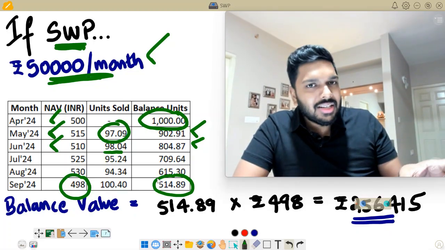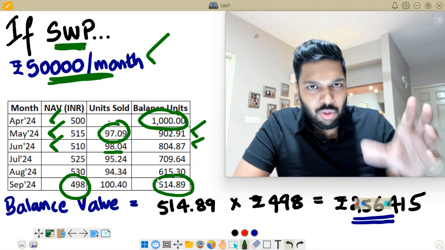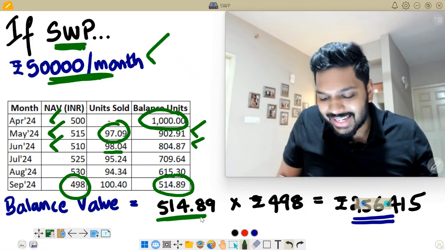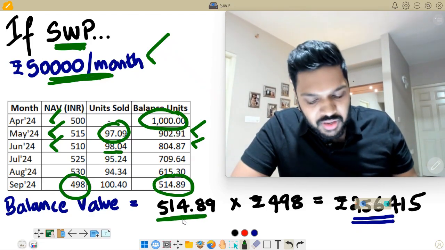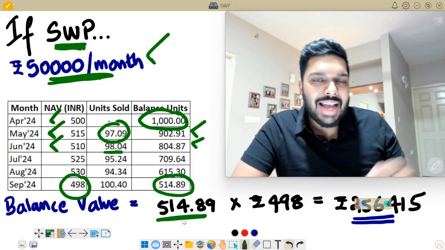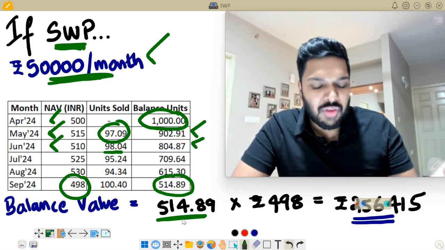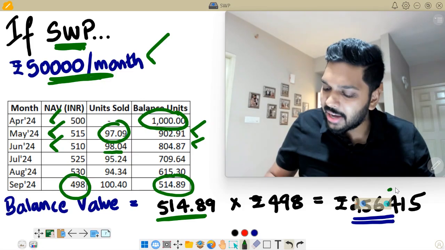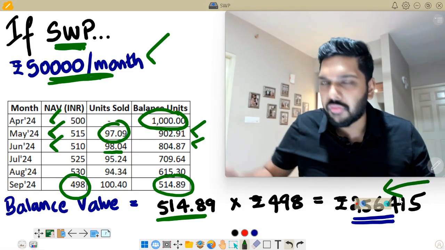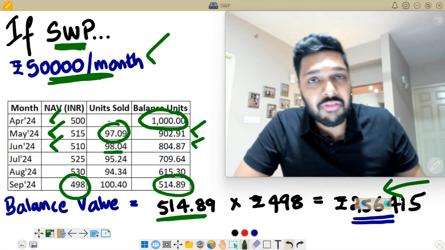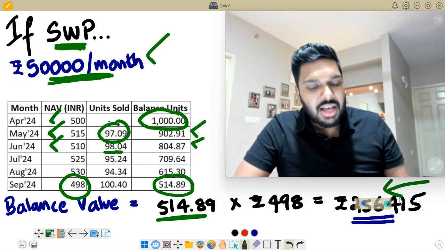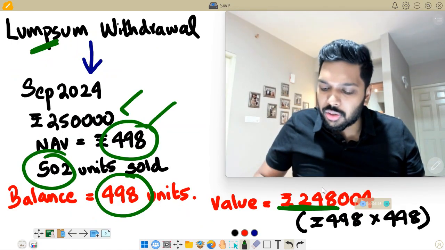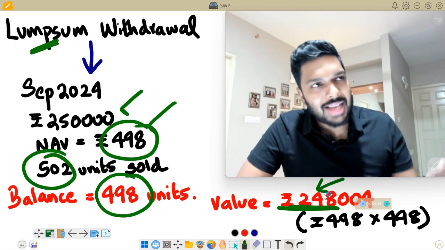So the balance units, or the closing stock of the units, in other words, is 514.89 units in mutual fund, and you apply this with the NAV, or the value of 1 unit in mutual fund, which is 498 rupees at the end of September. You get a value of 2,56,000 approximately. So in the previous approach of lump sum withdrawal, you got around 2,48,000 rupees as the closing balance